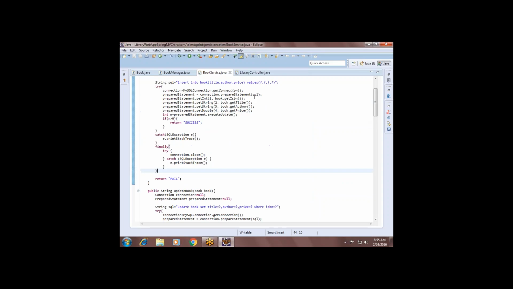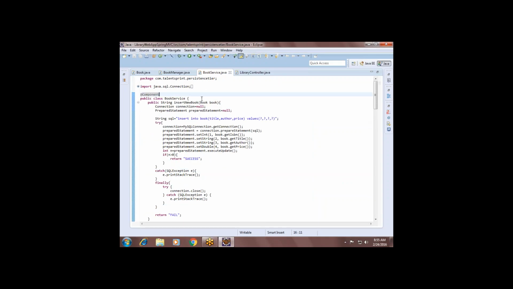See guys, the DAO layer is nothing but the service layer, both are the same. I have placed one annotation called @Component. In Spring MVC for the controller, we used to give the annotation @Controller, remember?